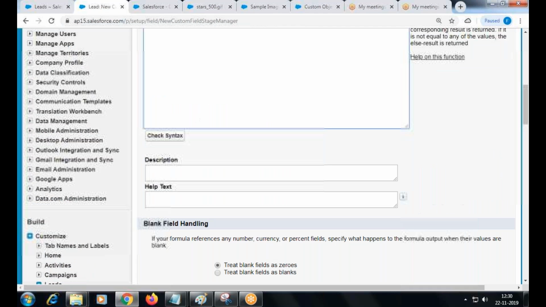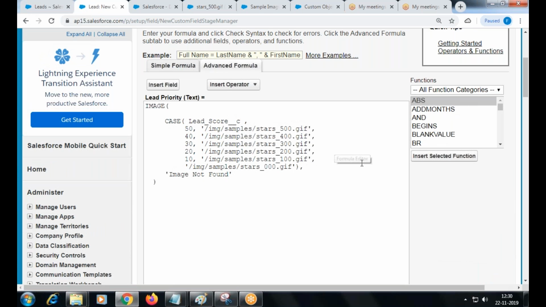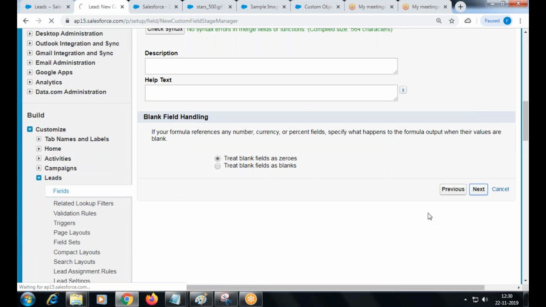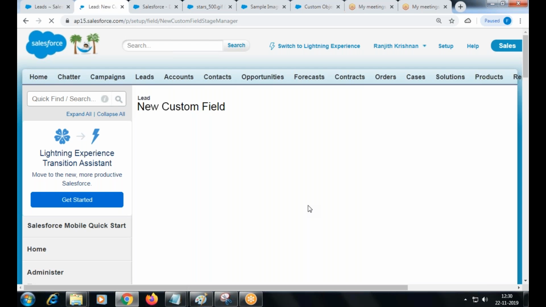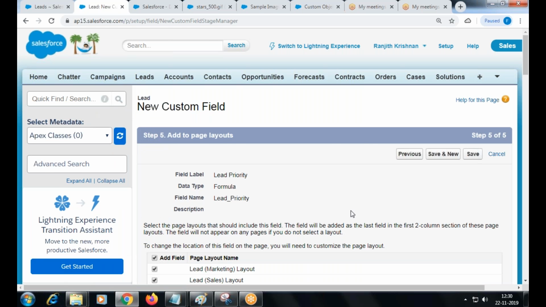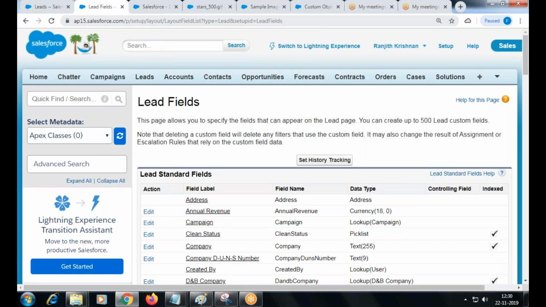We'll check the syntax. We'll come to know. So if no syntax error, then proceed. Right. Add to the page layouts. So verify this.